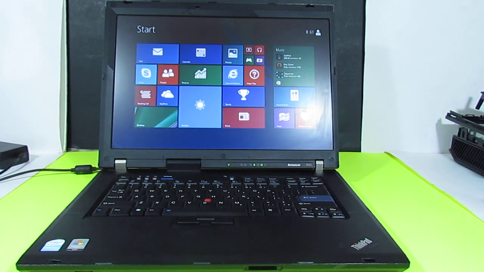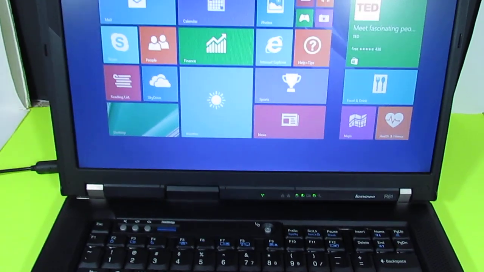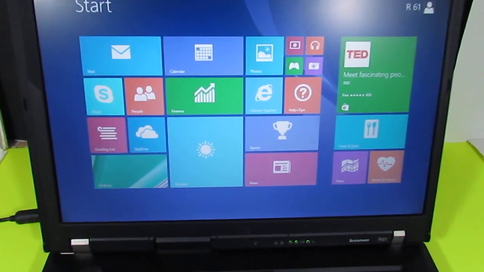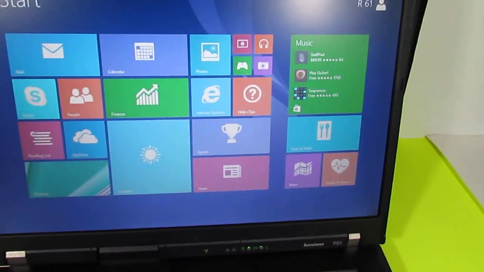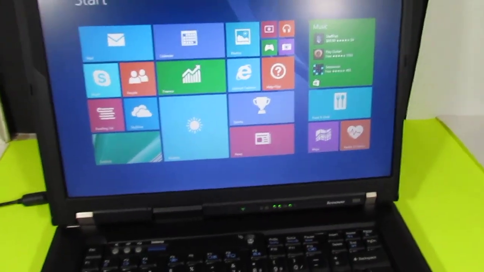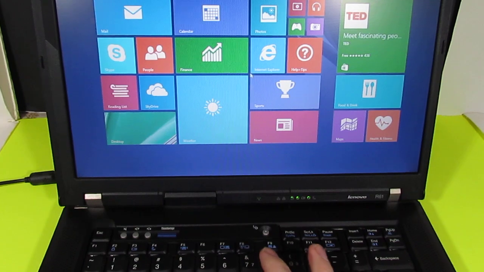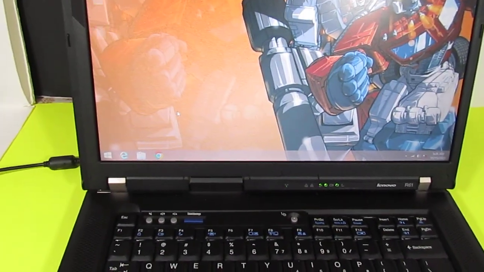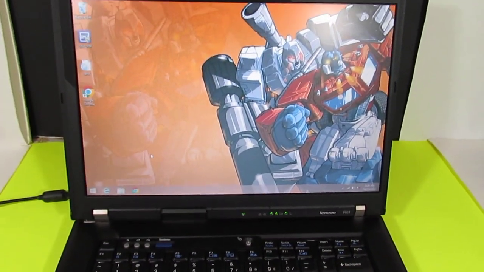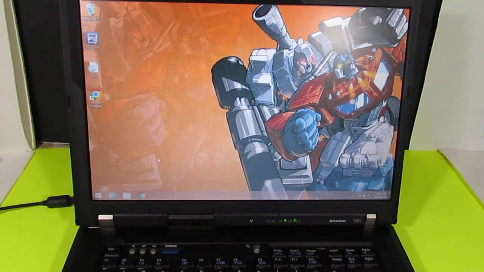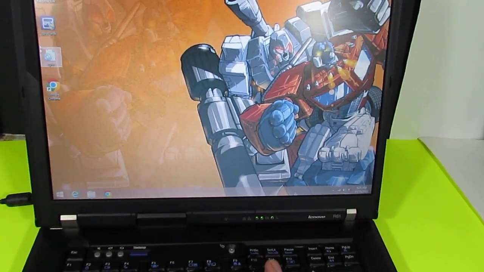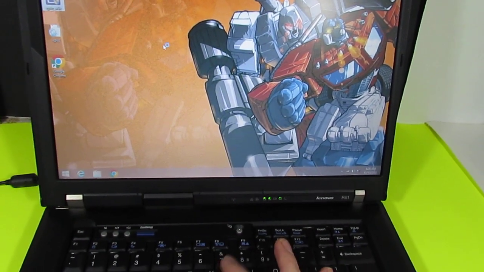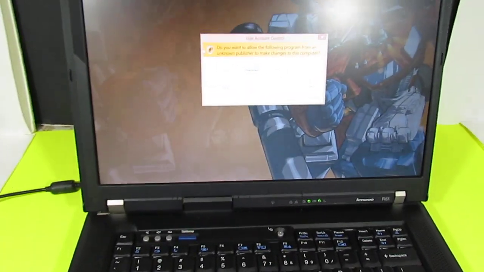Okay, so here we are. We have your screen. You have your basic Windows 8 layout there: Skype, finances, internet, photos, mail, music, all kinds of good stuff. Weather. All right, we're gonna go to our desktop. Got my little Transformers wallpaper on there. You can get that stuff off the internet. So let's go ahead and take a look at, I love this,